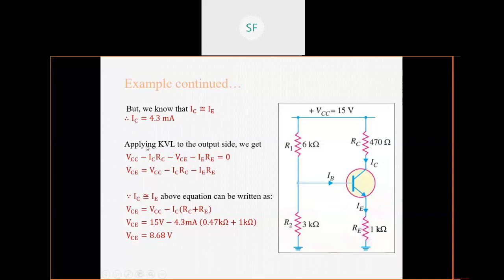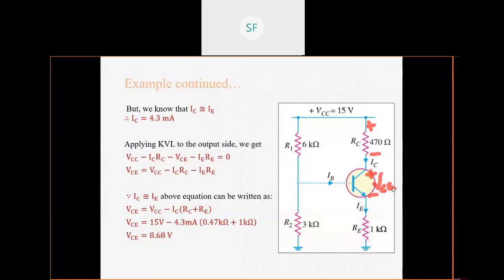Okay. Then we have applied KVL to the output side. So this is your output circuit. Then again you have to collect the voltage drops, however many there are, in this direction. Suppose the first drop is VCC, so VCC is taken as positive. Then this drop is there, plus minus. Always remember, current flows from positive to negative. So this is the polarity of VC, right? VC.